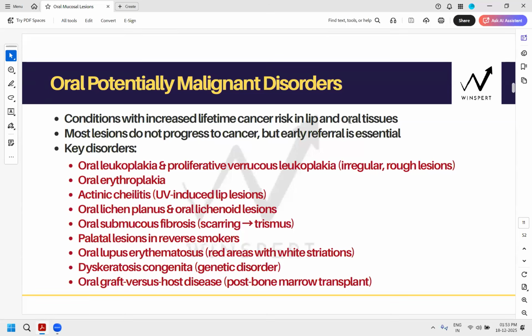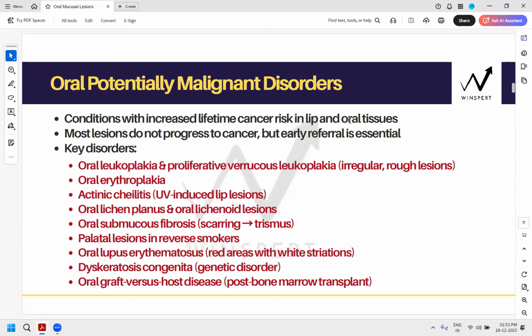Now, does that make sense? We will read more about this in the upcoming class when I take these lesions in depth. So don't worry if you haven't done it in the ODL case with me. You will do it in this power session series with me. That's good news, right?